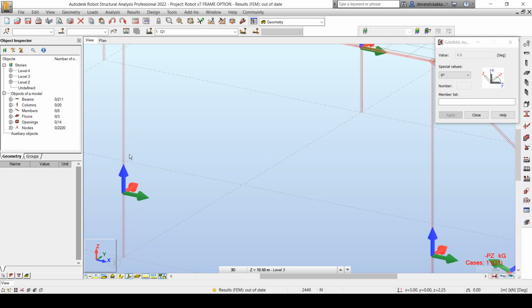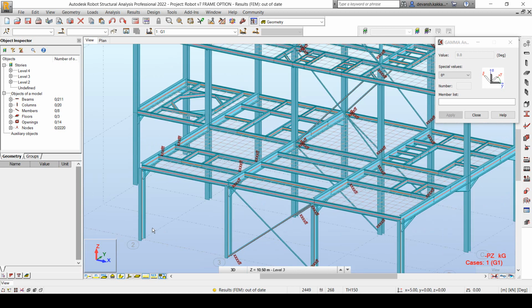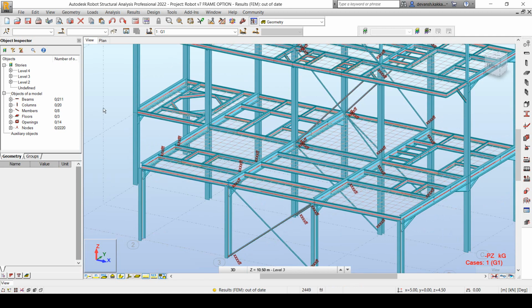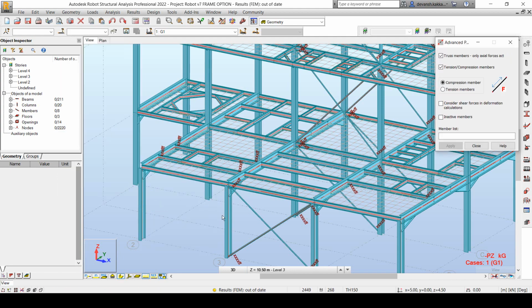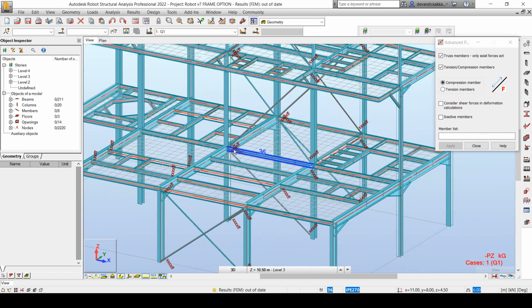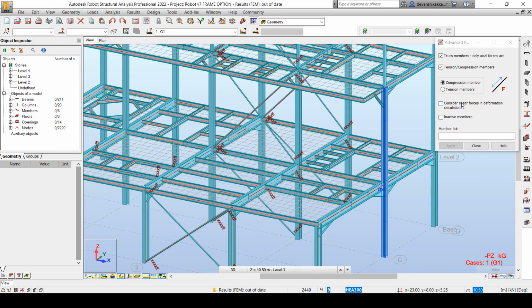Now this property becomes particularly useful when we want to change the orientation. Also, in case I want to apply certain loadings on inclined members, which I need to apply perpendicular to the member, I will make use of the local axis system of that member.